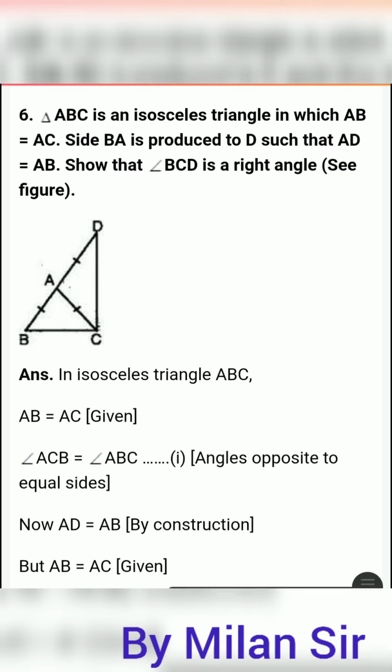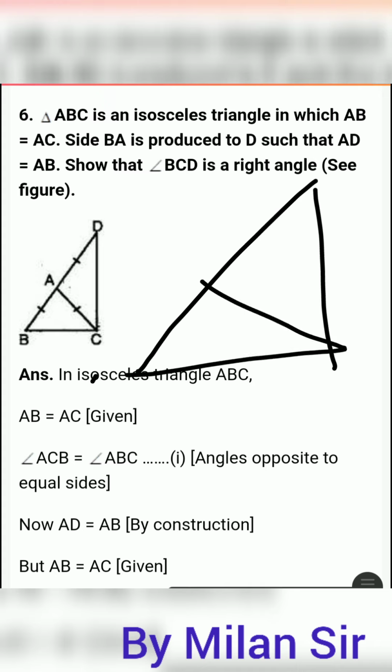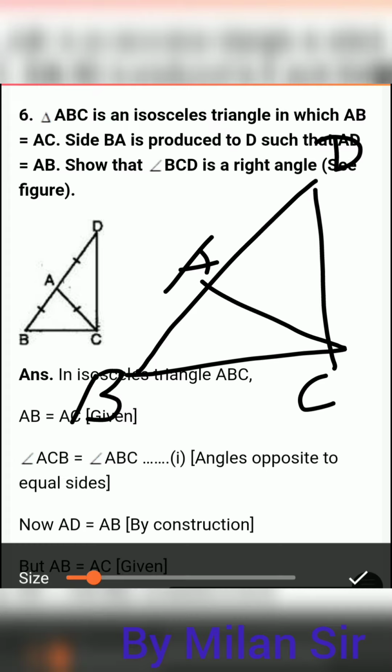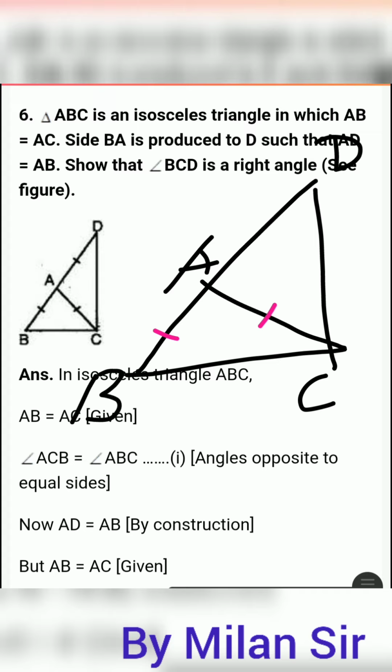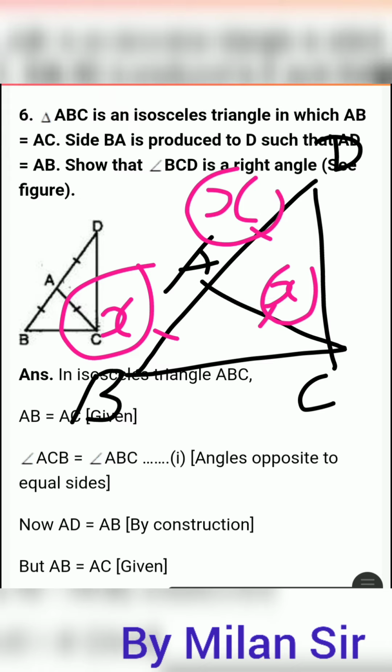Now first of all, in this triangle, here AB is equals to AC. Okay, let's suppose X. Now AB and AD both are equal. Now if AB is equals to X, so AD it is also X. Alternately, it means that these three sides are same. AB, AC and AD, all three sides are same. So we can write like this.